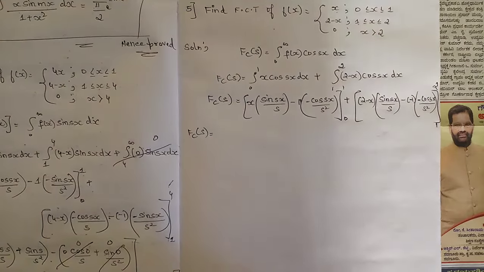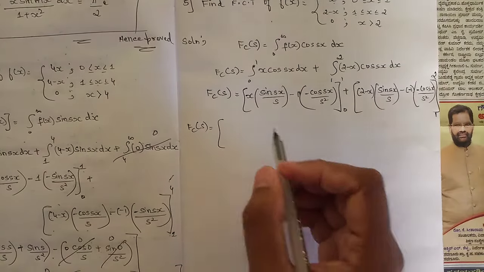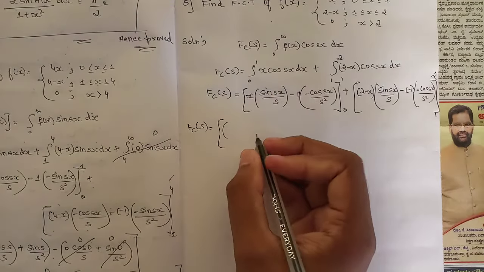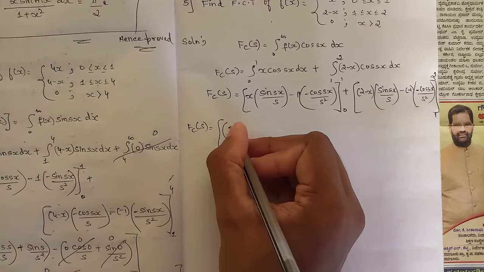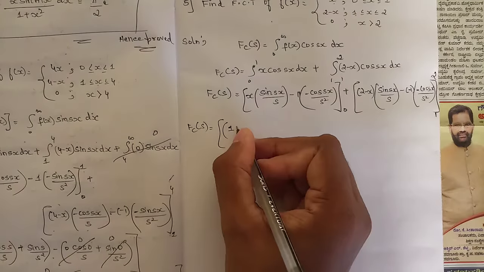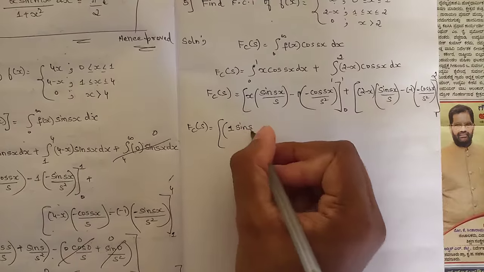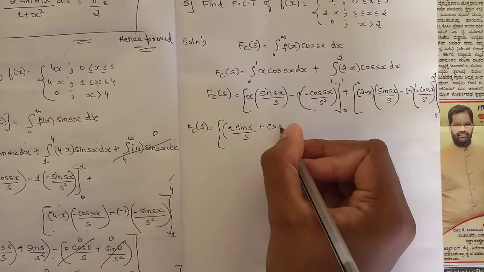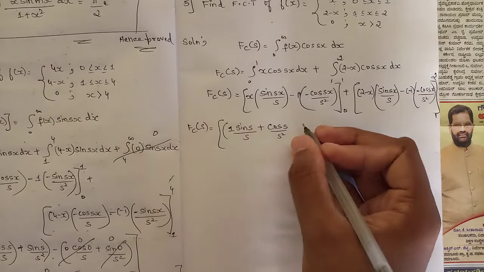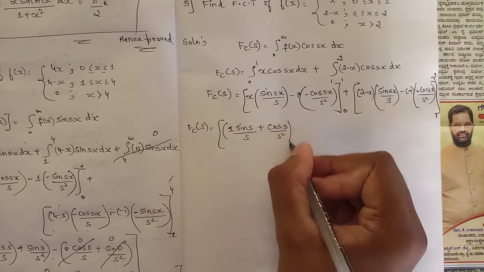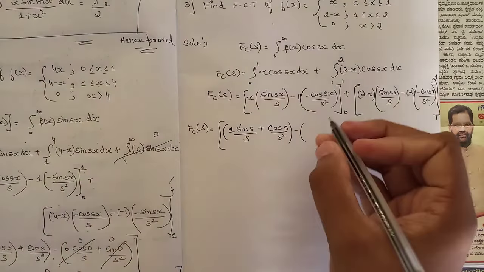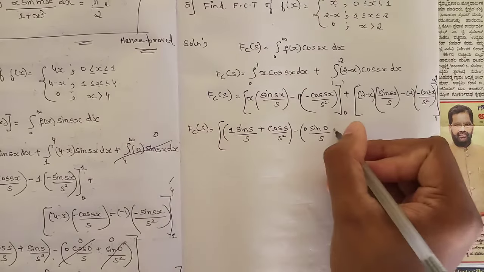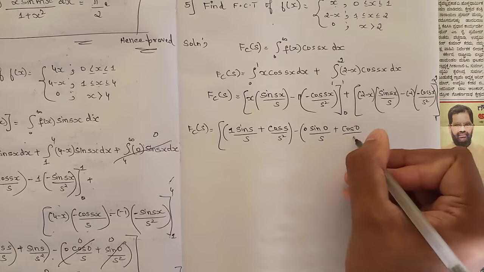So now apply the limits. So first the upper limit is here 1, so it is 1 into sin s by s, minus into minus is plus cos s by s square, minus the lower limit that is 0 into sin 0 by s, minus into minus plus cos 0 by s square,